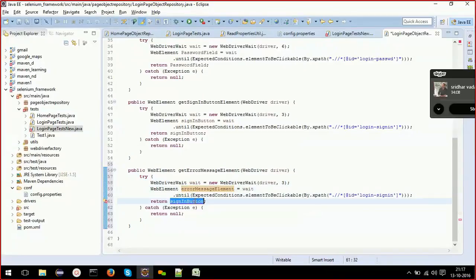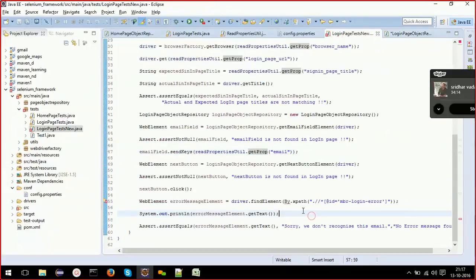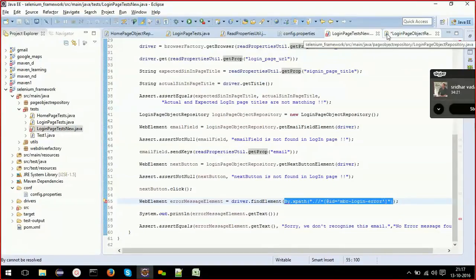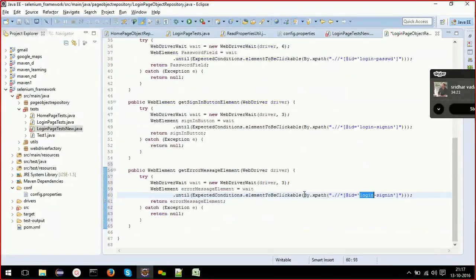And I need to give the proper locator for it. What is the locator? I have already, this is the locator. So by XPath, I'll put it there. And this returns error message element.